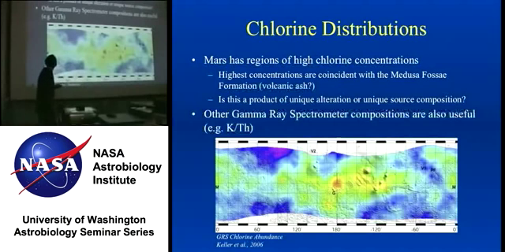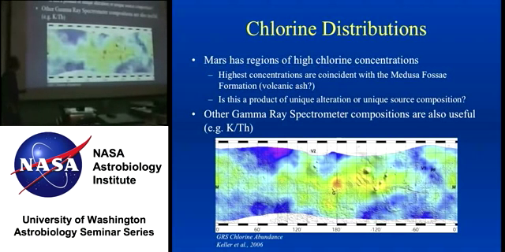Chlorine distributions. Okay, so getting away from spectroscopy a little, from the visible to thermal infrared spectroscopy, and looking at the gamma ray spectrometer. This is an orbital instrument on the Mars Odyssey spacecraft, and it gets elemental composition at sort of 600 kilometer resolution, and it's better at some elements than others. One of the elements it does very, very well with, with high signal to noise and resolution, is chlorine. And there are some strange chlorine anomalies, basically strong chlorine surfaces, a couple percent above the background chlorine abundances, covering relatively large areas of the